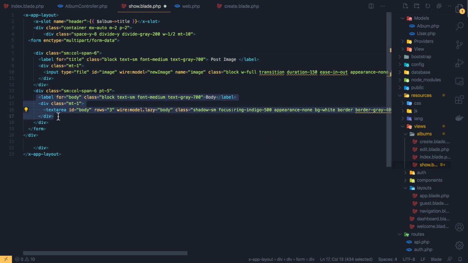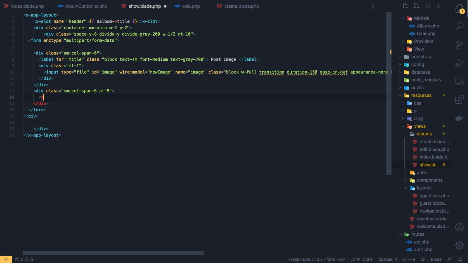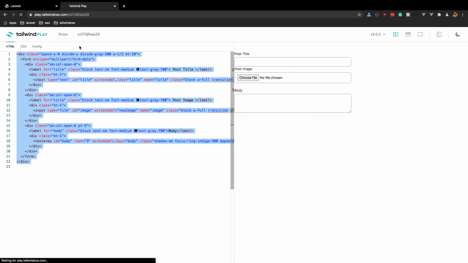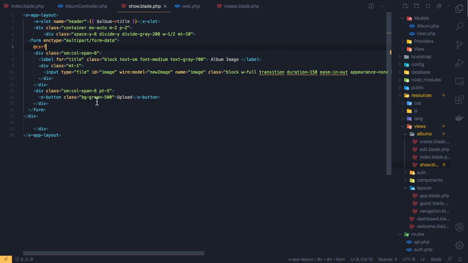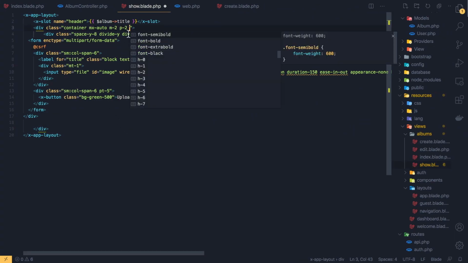Here I'm going to add the x-button, upload, and maybe I'm going to add a class of bg-green-500, and album image, CSRF token, save, come here, sorry, in our application, refresh, and yeah, but we need some style here, okay, and